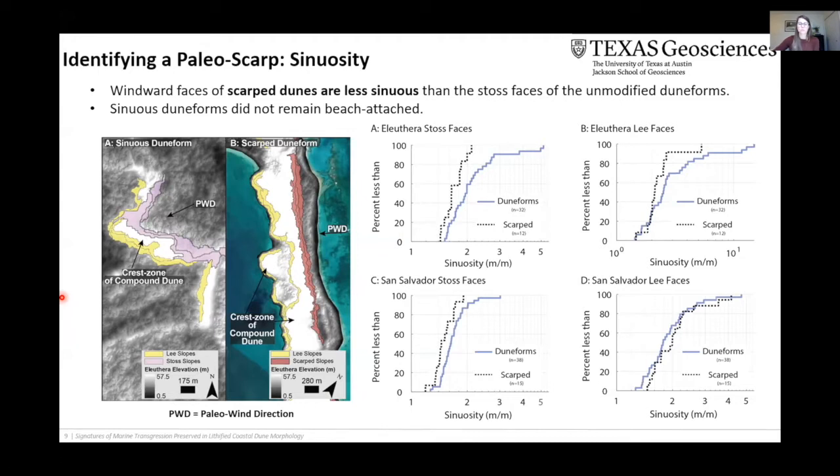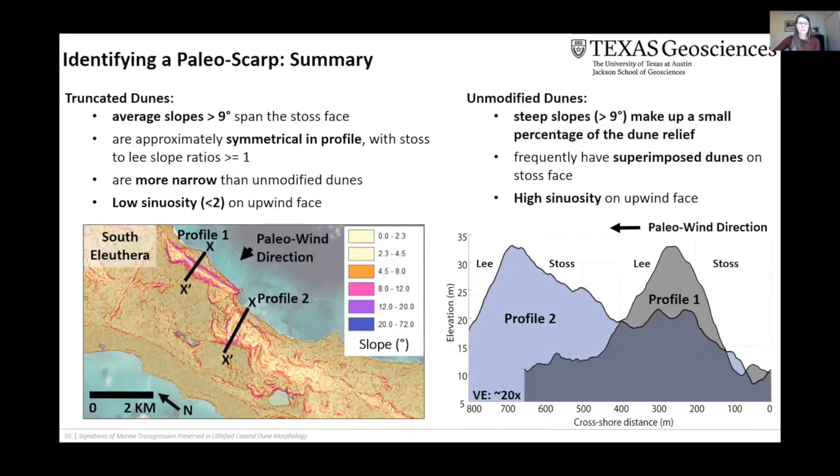The lee faces don't show a clear pattern of difference between the two dune types. And this is because the surface properties and the migration patterns affecting downwind morphology are expected to be the same between scarped and unscarped dunes, because that erosion is really limited to the seaward or the upwind, beach-attached side of the dune form. So these three metrics seem to be reliable properties to recognize a paleoscarp in coastal dune